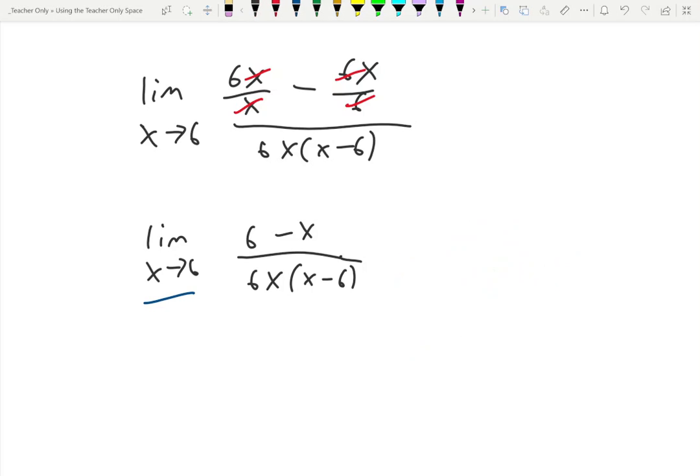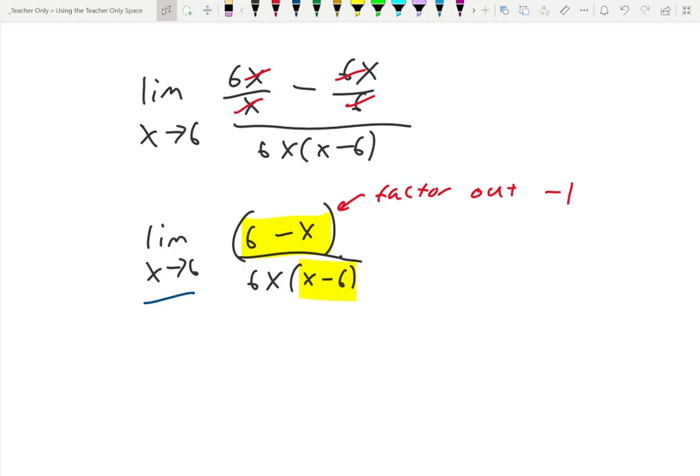Now, sometimes we get really excited. We're like, hey, we have a 6 minus x and an x minus 6. Aren't those the same things? No. They need to be exact. But one of the nice things when you recognize that it's the same factor, just with the signs switched, all we need to do is factor out